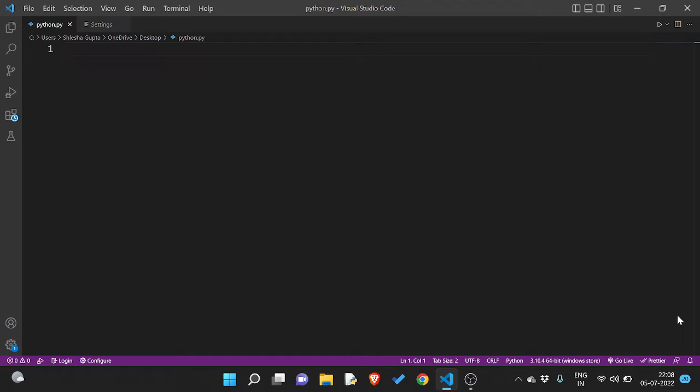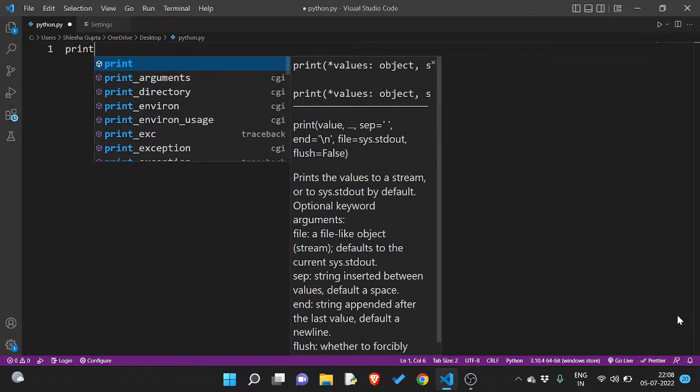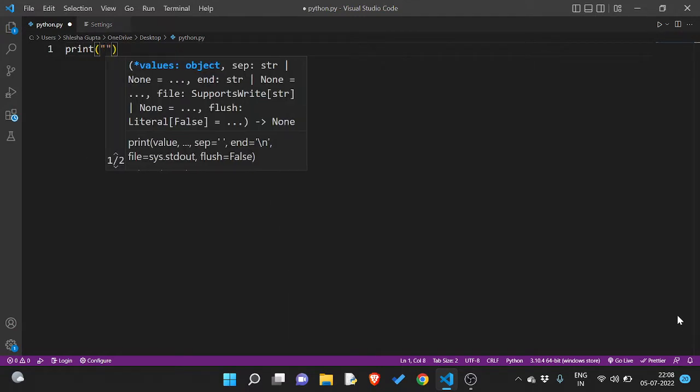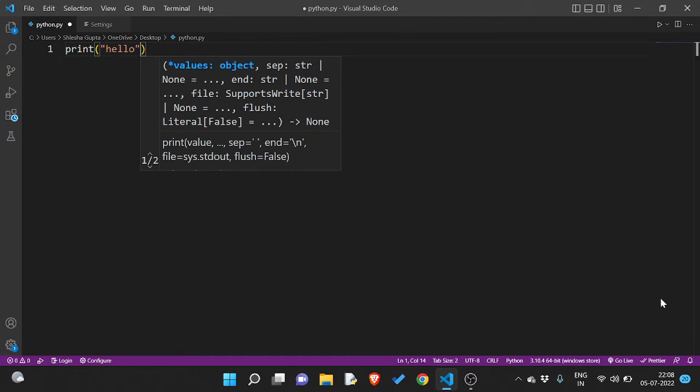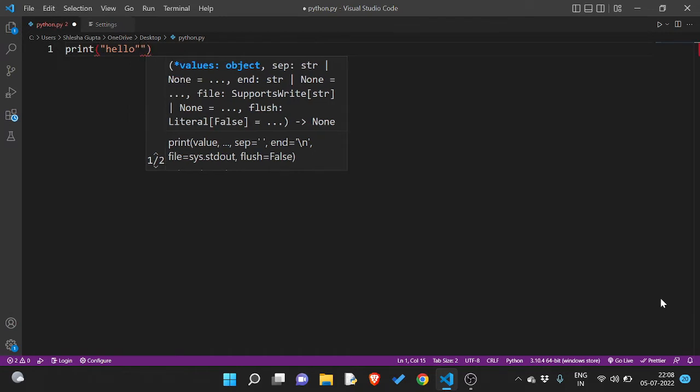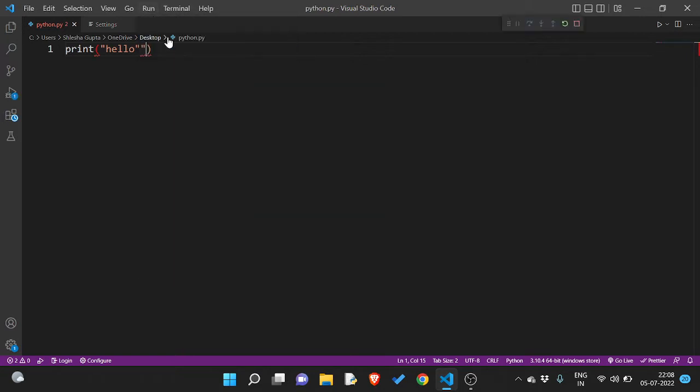So the first one we are talking about is the most general one, that is a syntax error. That is when you type something wrong. Generally, if I'm writing a print statement and by mistake I add an extra quotation mark, so when I save it and when I run it,